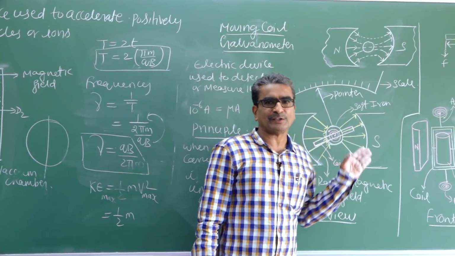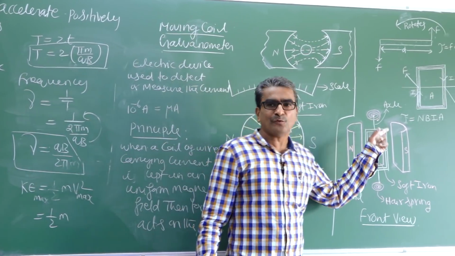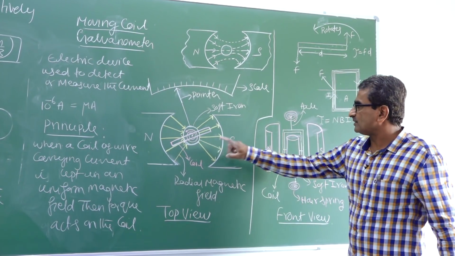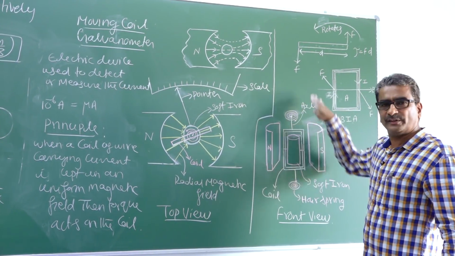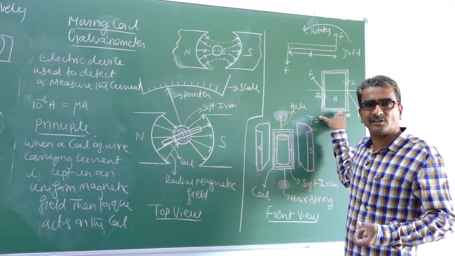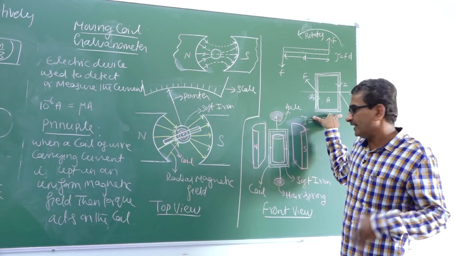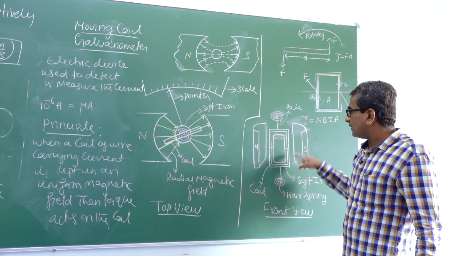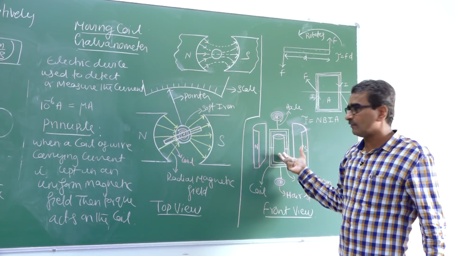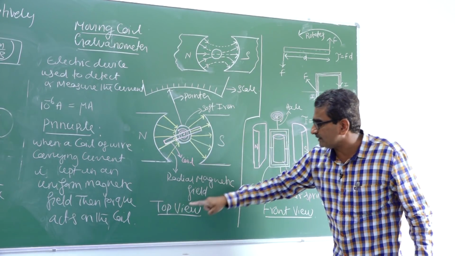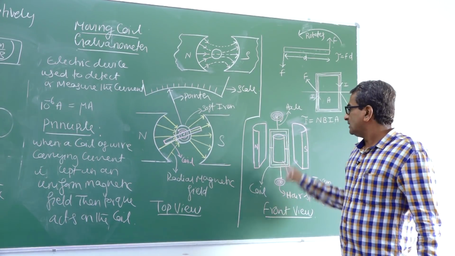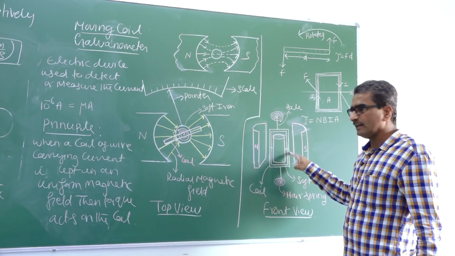Now let us look into the construction. Here I have written two figures. Look here. This is one figure, this is another figure. This one shows the mechanical torque, and this shows how the torque acts on a coil of wire carrying current. This is nothing but the front view of the moving coil galvanometer, and this is nothing but the top view. This is the front view. See, this is a rectangular coil